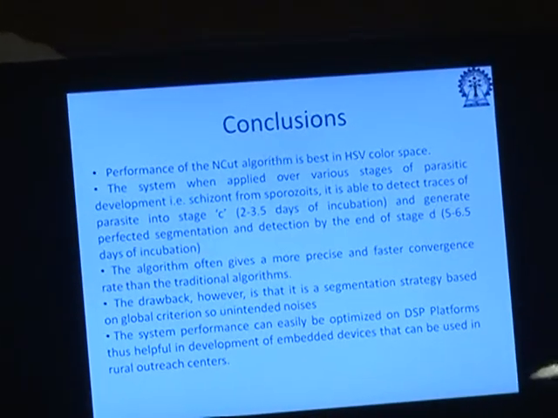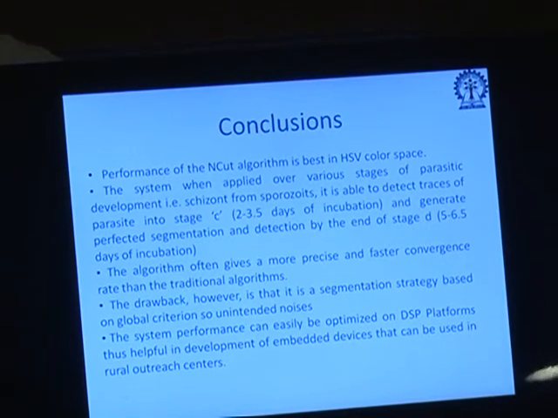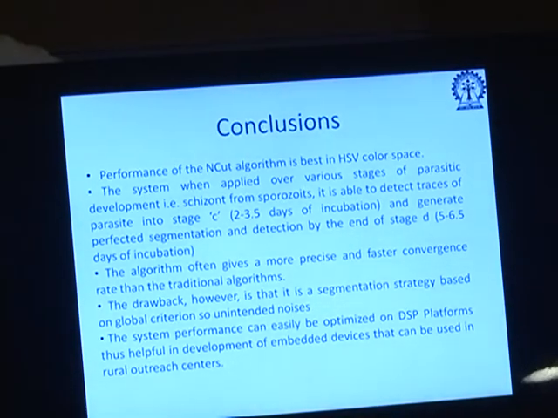Finally, I would like to conclude about our theoretical results, which say that the NCUT algorithm performs very fast and can be implemented onto our hardware platform, and that is why we chose this kind of algorithm. The reason for choosing an embedded system like a TI OMAP is because we can implement the entire software based on mobile phones in the near future, which can expand the usability of such a system.